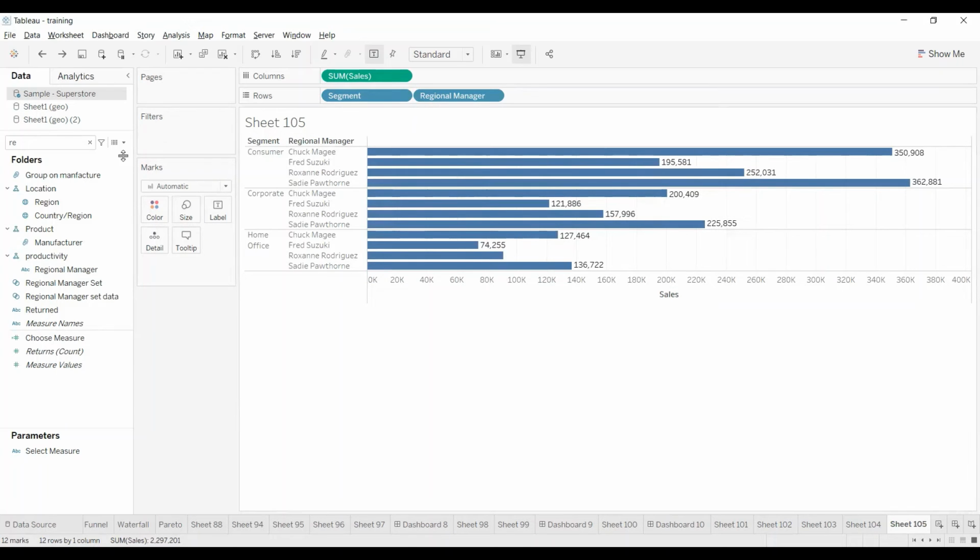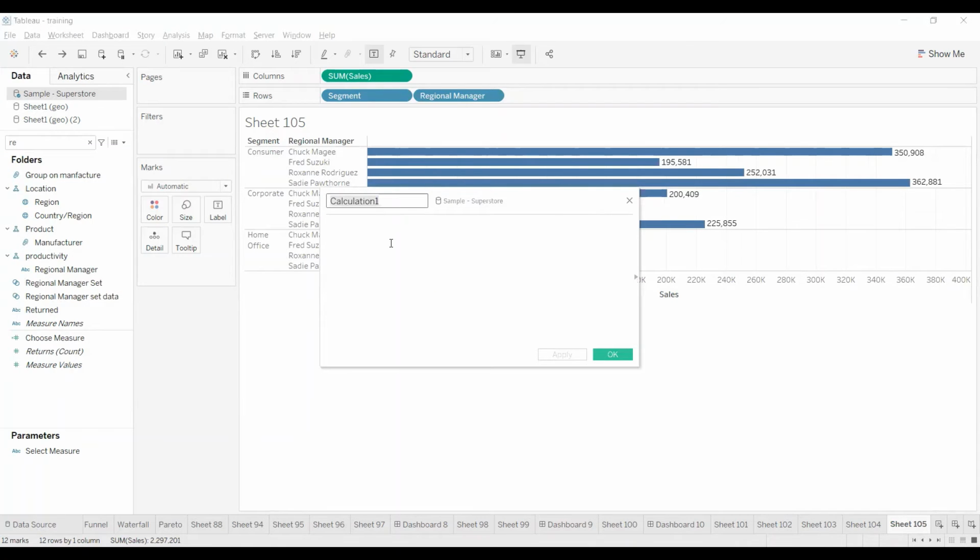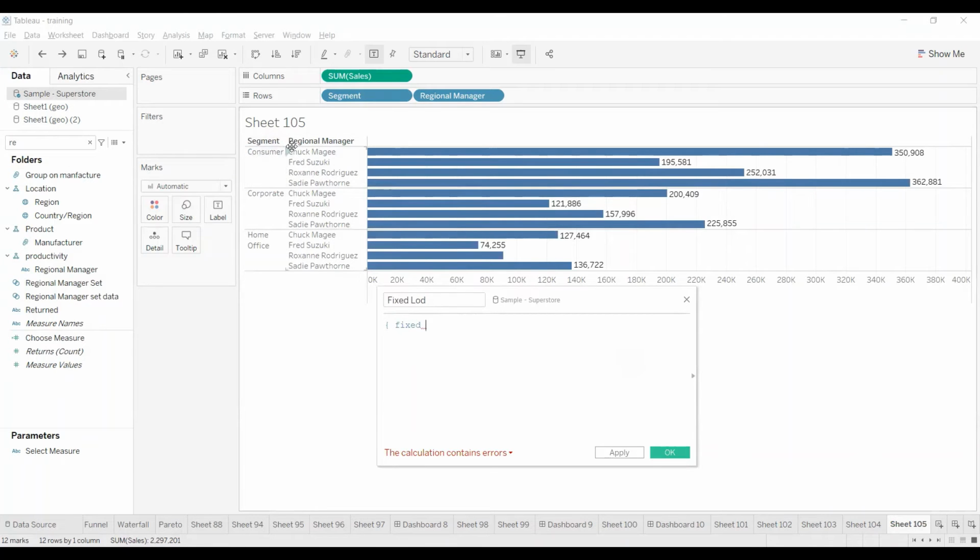To achieve that, I need to create one calculated field. I'm going to make it a fixed LOD. Now here, always remember fixed LOD starts with curly braces, and the keyword is FIXED. And I want to see data at segment level.